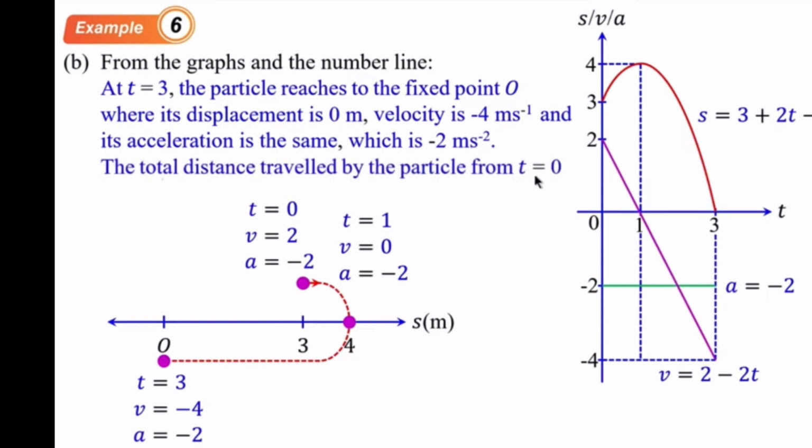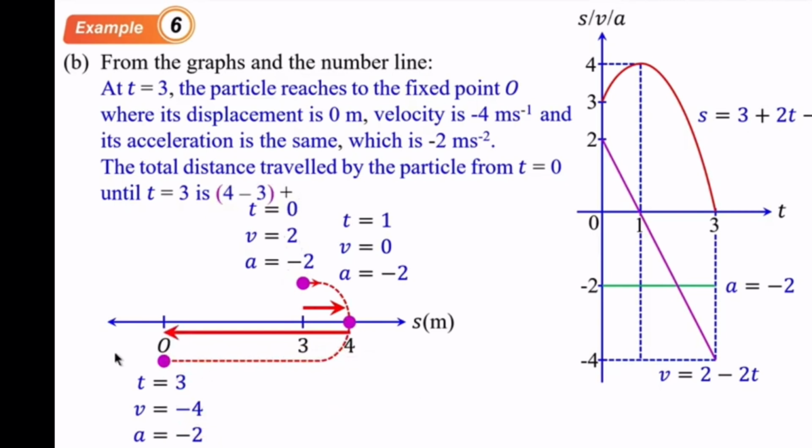So if we want to find the total distance traveled by the particle from t equal to 0 until t equal to 3, it's actually easier if we use a number line. From 3, it will go to 4, which is travel 1 meter, and then when it goes back to the fixed point, there's another same distance, 1 meter, before it actually proceeds to the